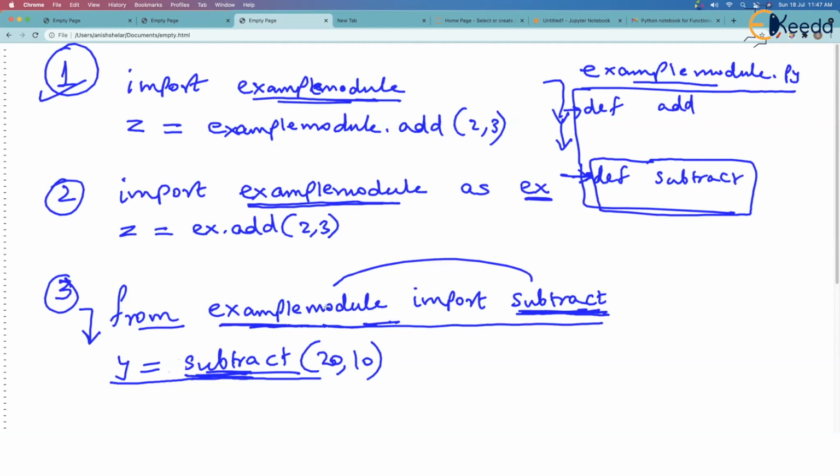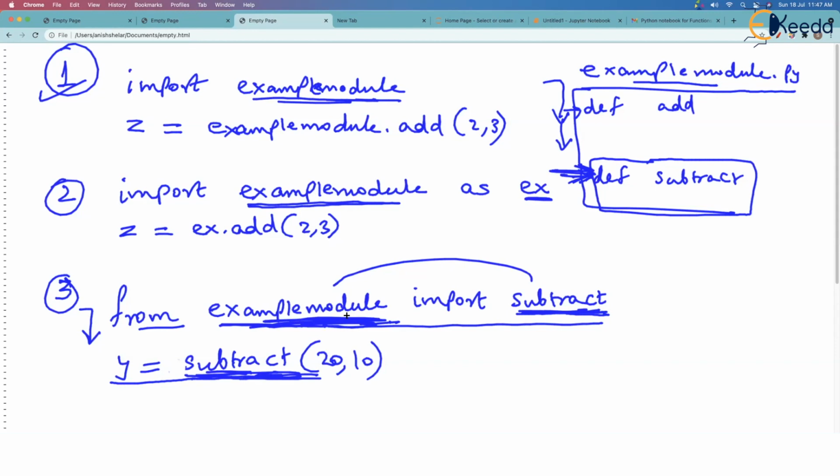I am calling that function, and now you should not write example module dot subtract. You should not write dot, you should not give the module name, simply call the function. Nice. So which subtract will be called? Of course, the subtract which belongs to example module, as made clear over here.